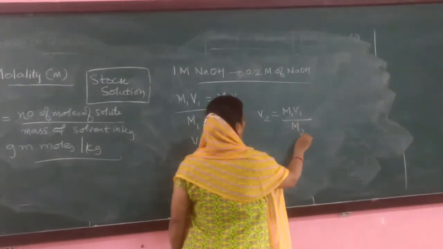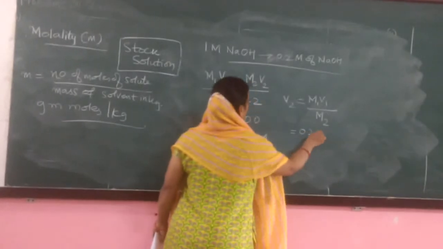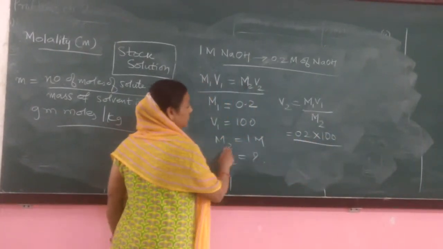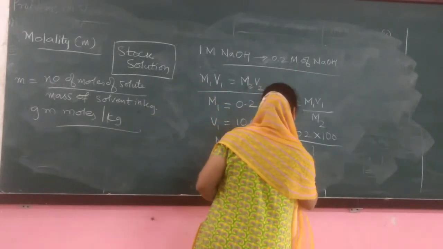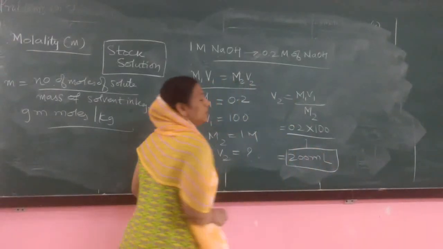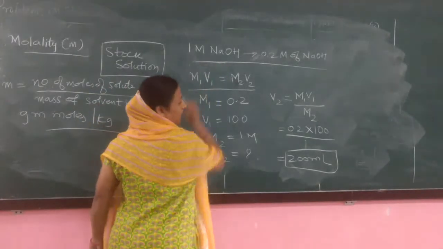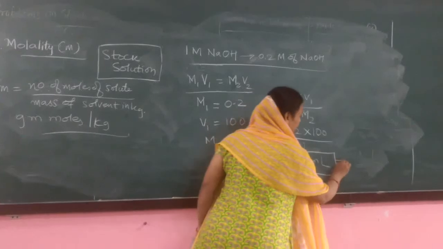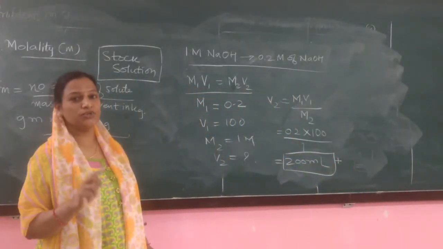On substituting, what is M1? 0.2 into V1 divided by M2, which is 1. So this comes around 200 ml. So what you should do is take 200 ml of 1 M NaOH and then add sufficient amount of water to make it 1 liter. To make it 1 liter, how much should you add? 800 ml of water is